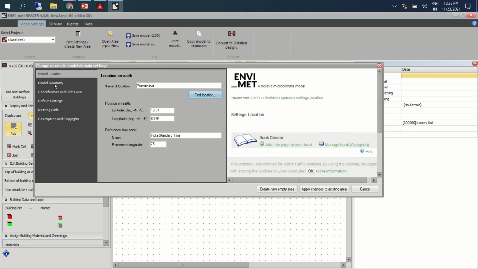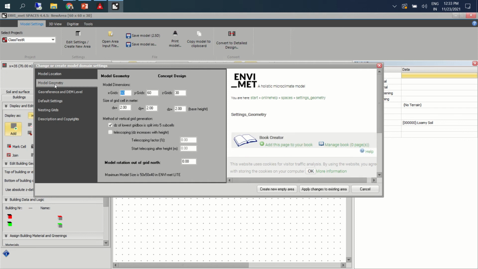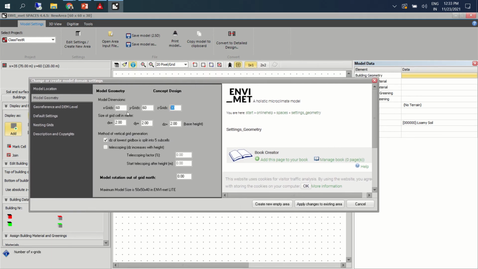The second thing is model geometry. This is an important one. In the free version, you may not be able to model this further. I hope it is 60, 60, 50, if not 30. In the free version, I think it is 60, 60, 30. Whatever the model, you have to scale your site to this particular grid. In my case, I'll leave it as it is, because we will not do larger scale than this.